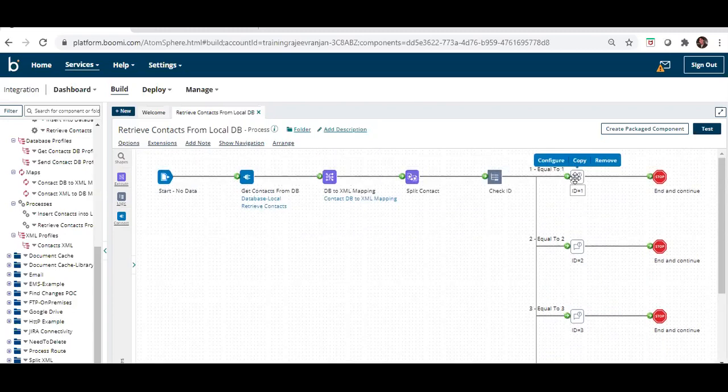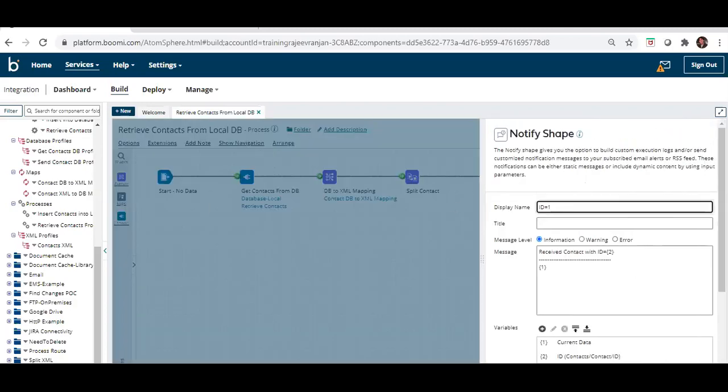To make sure of whatever we have set, and that the message appears in the log, I have used the notify step. The notify step gives you the option when building custom execution logs, where you want to show a custom message as information, warning, or error level as part of the process log.